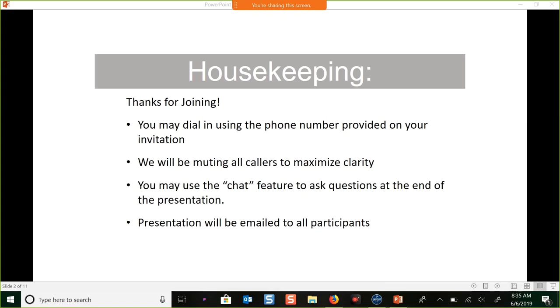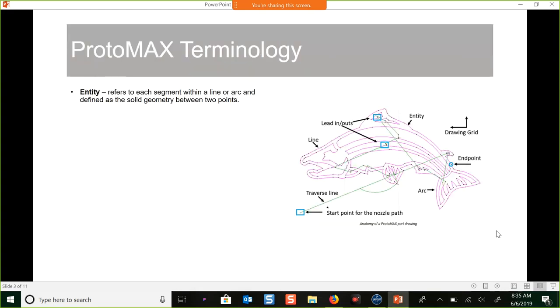So the first thing that we are going to cover is programming a part and some basic terminology. The entities are referred to as each segment within a line or an arc, defined as a solid geometry between 2 points. So if you look at our little fish here, you can see the small little circles. Those are entities. Your endpoints